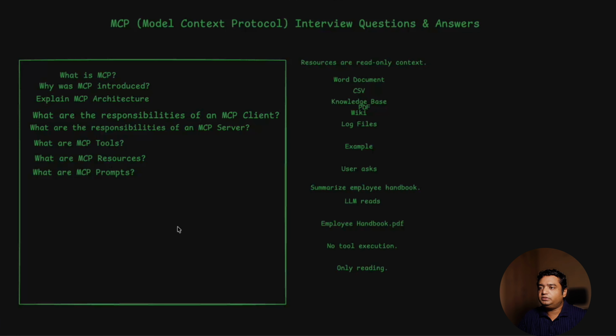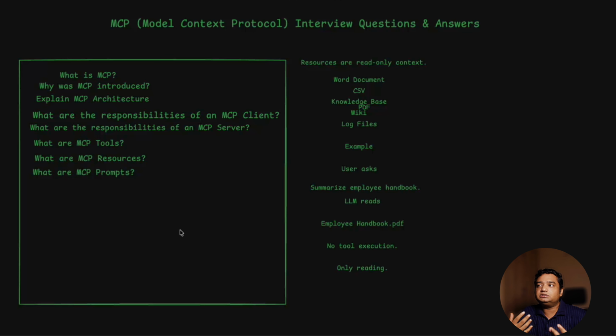Now the other question is, what are MCP resources? This is optional. You can have MCP resources, meaning some manuals, policies, PDFs, or log files kept as MCP resources. Sometimes you have an AI application, and every time you don't want it to interact with an external system to get the output. Maybe you have your own internal knowledge base. For example, in the case of RAG, you have your own internal information, and that is retrieved to give you the answer. It doesn't go outside of your system to find the answer.